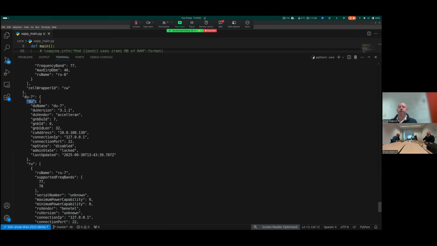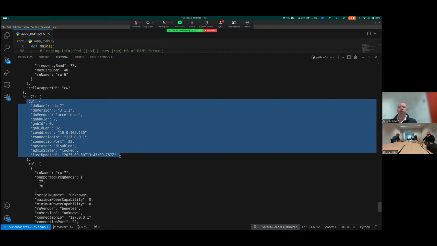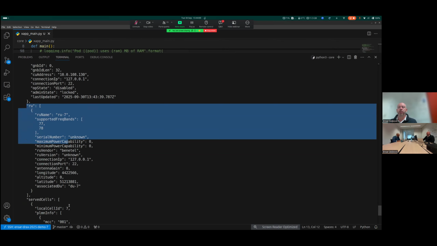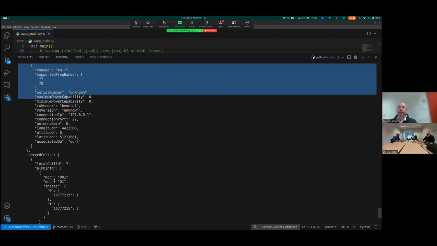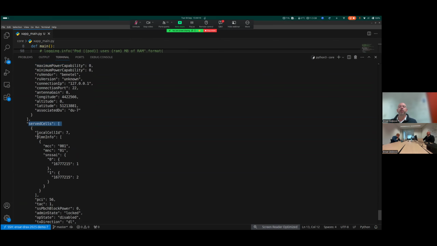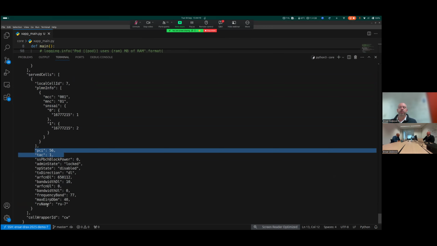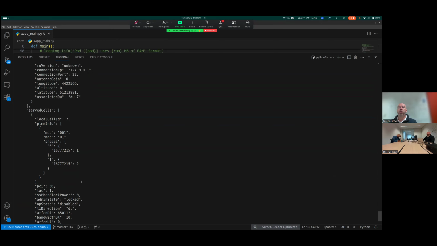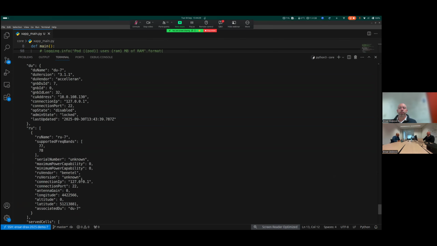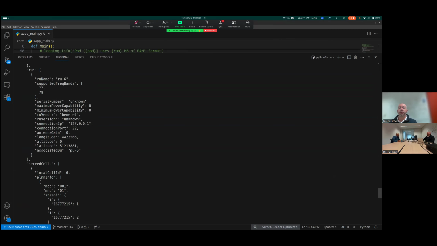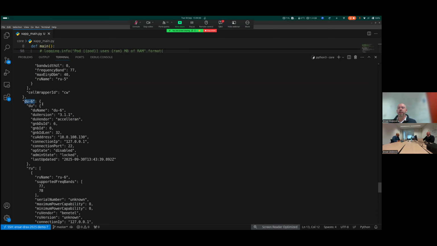And it holds information about which DU is actually making up this cell, which RU is making up the cell with some associated metadata, as well as which served cells in terms of slices, PCIs, etc. Some other information like max EIRP power, which translates into TX power and so on. So you get a lot of data available to you from the configuration or overview of the network. And so this is just DU7, right? And there are other ones over here, so DU6 and so on.